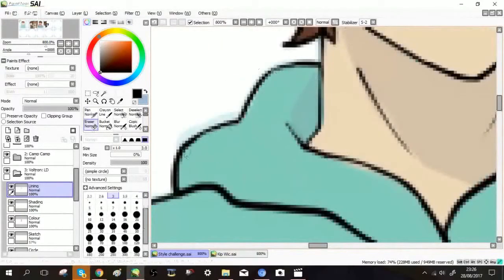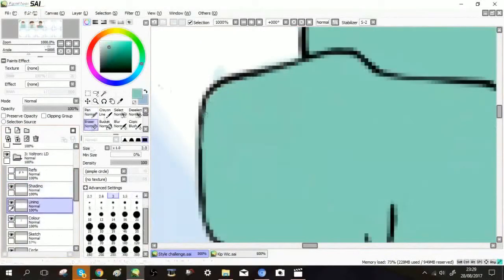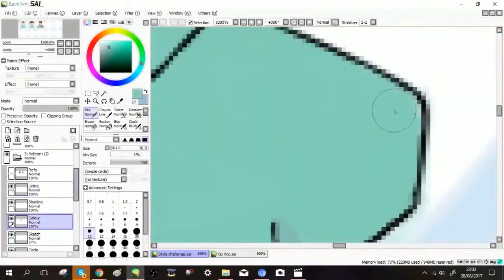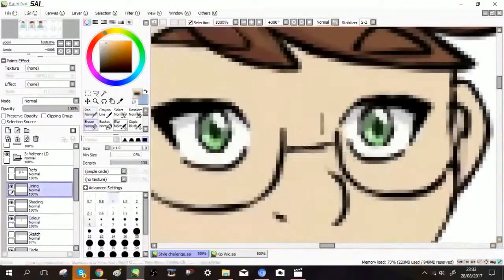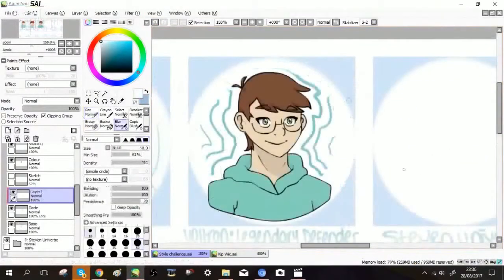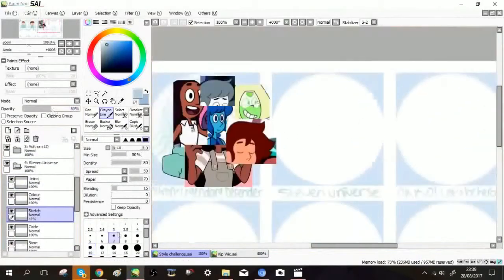Another thing as well is that my lining was kind of thick when I first did it, and I realised that after colouring, so I tried to thin it out a bit. You can see me doing that now, which did take a while and was a bit tedious because I'm not used to drawing that thin. And it's not even extremely thin at all, it's just my lines tend to be a bit thicker than they probably should be. Cartoons you see on television have thin lines, and then they look neater, I guess. Maybe that's why my art isn't spectacular, but...